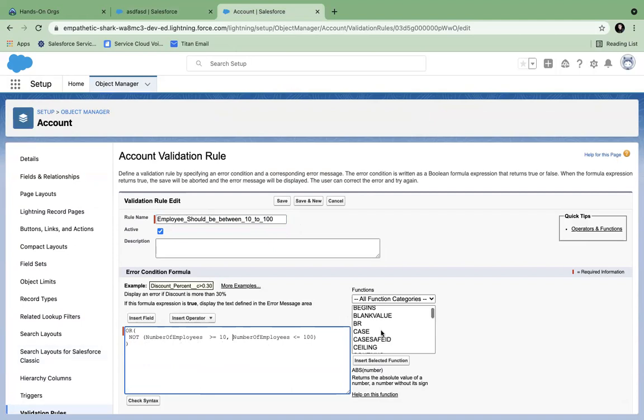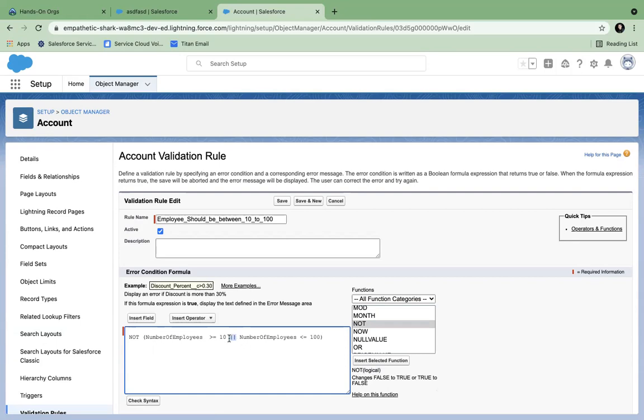Not: when I go and see the not individually, there can be one condition, or not can have multiple conditions also. You see, not is a logical condition, and inside it I want to use my logic. So if I want to do a logic like this, I can write this not as this.